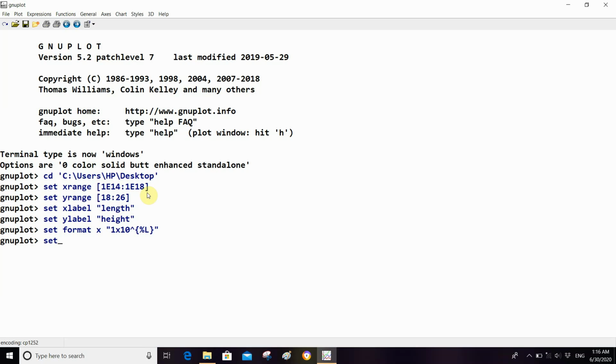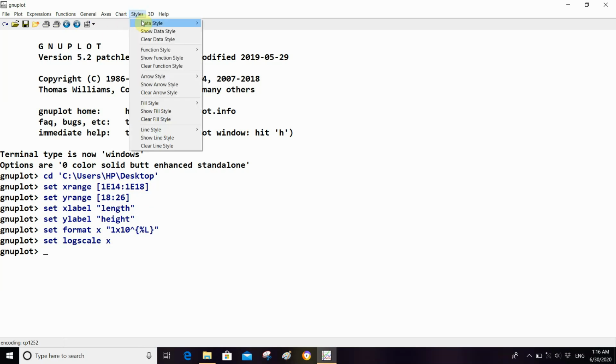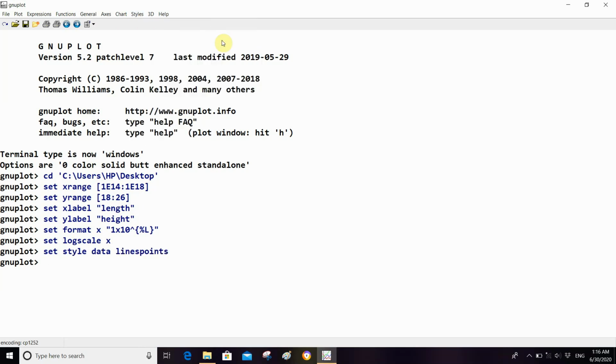one another command, set log scale, because the values are very big. Log scale x. Okay. Here we have to set the data style. Suppose I want to give a line plus point. Okay, so I have to click on the line plus point button, enter,